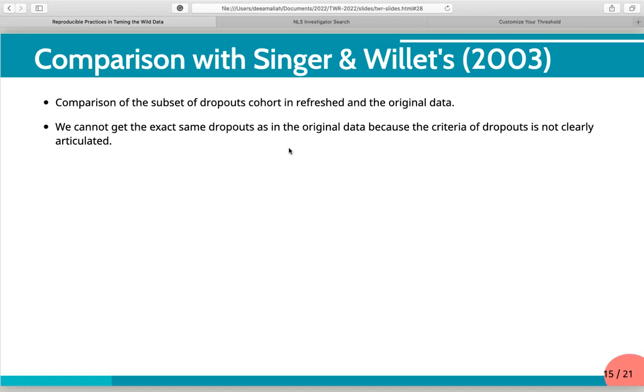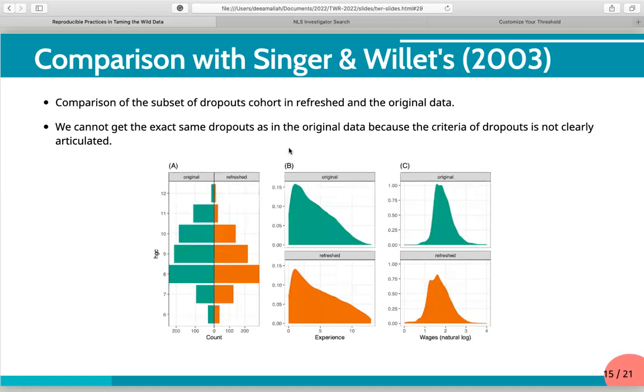It's not exactly the same, because again, there is no formal documentation about it. And we can see that this one is the comparison between the original and refreshed data in terms of the highest grade completed.